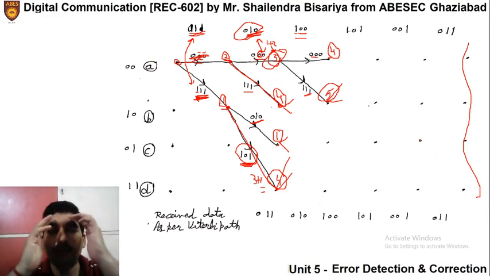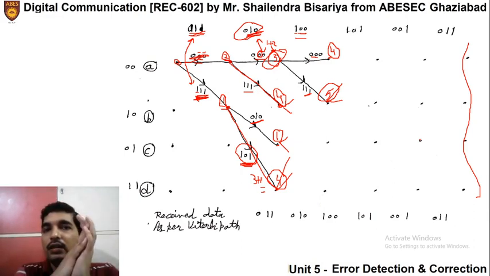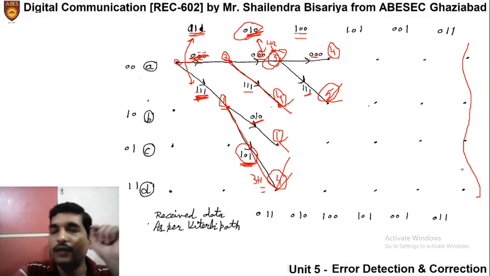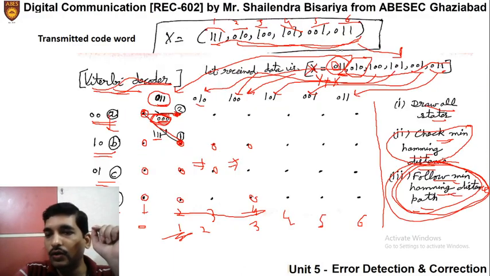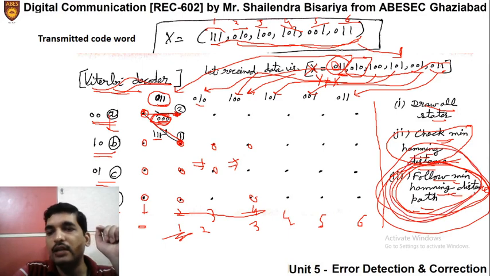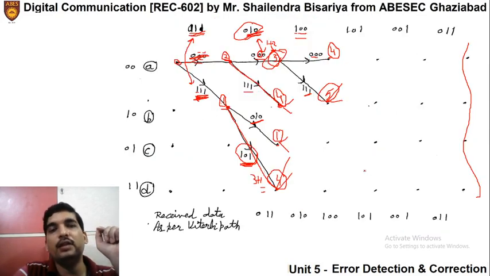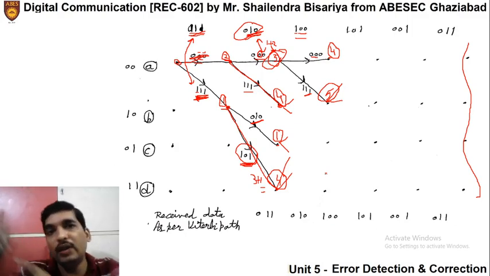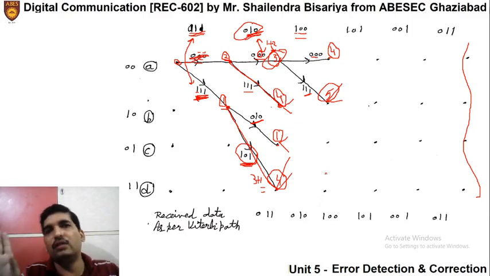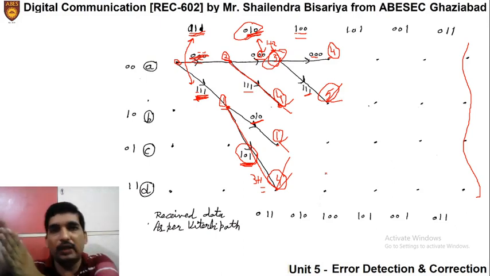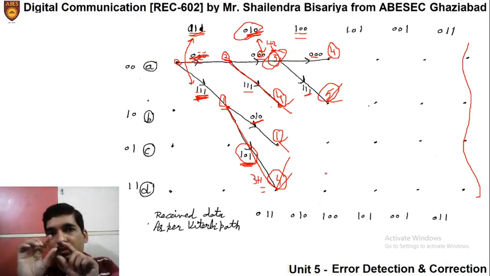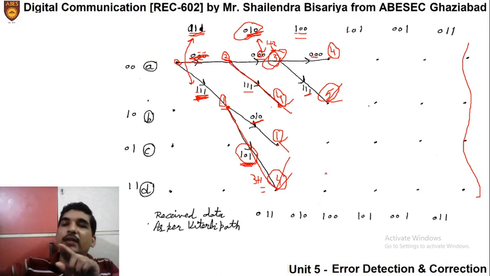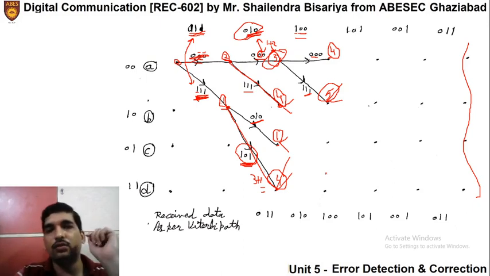We have to apply our mind, and we have to think about what finally we have to do: we have to follow the minimum Hamming distance path. And to follow the minimum Hamming distance path, if in any path the distance is much larger, we should not follow that path continuously, because that cannot be the minimum distance path. So we should neglect it, and we will follow further only those paths which we can think may be the minimum distance path.